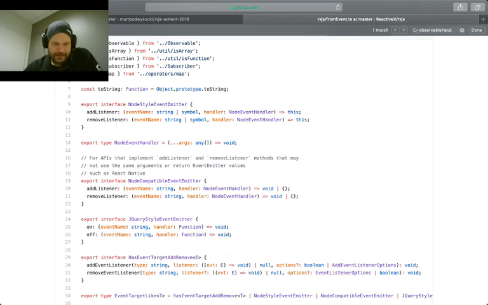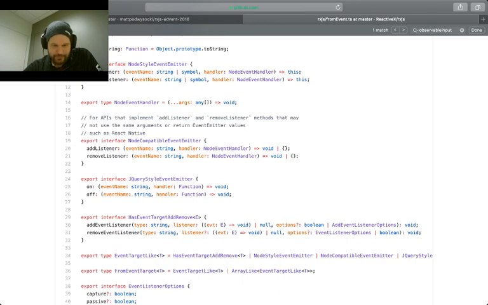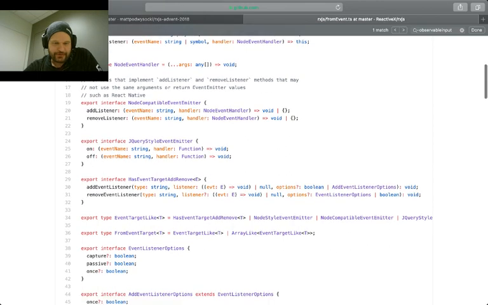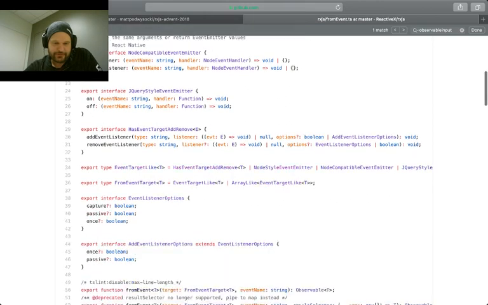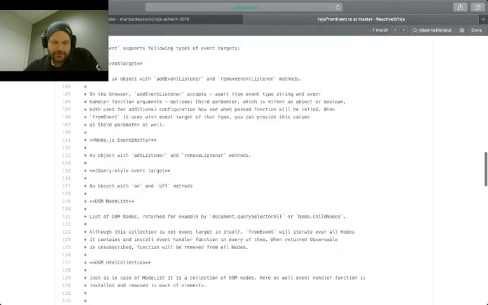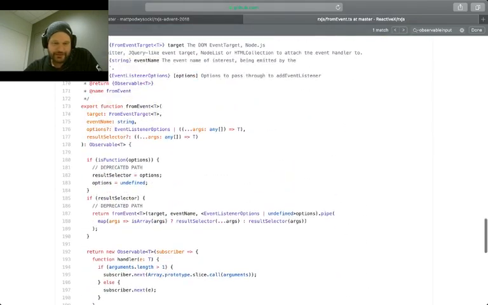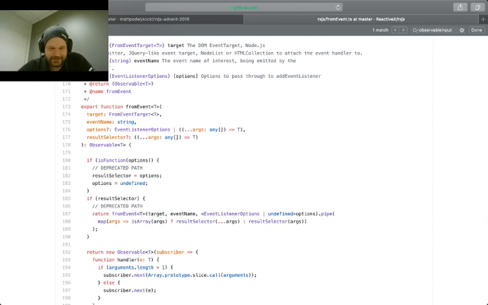So with that, then we've got the node compatible one. We've got a jQuery one. So if you're still using something that uses on and off, and then has event target. So we basically go through there and determine what kind of thing that you have, and that we are trying to, of course, get rid of a lot of the result selectors and stuff like that. And this is kind of legacy stuff, but the main idea basically is that you come through and whatever